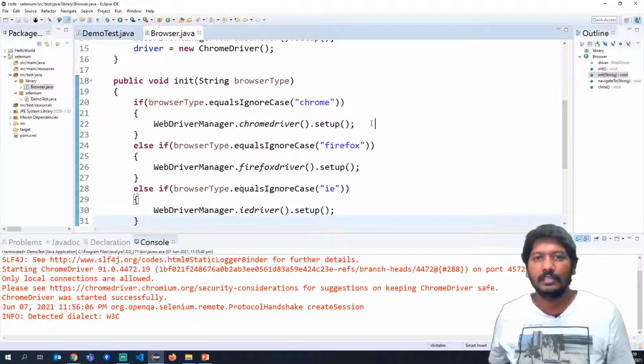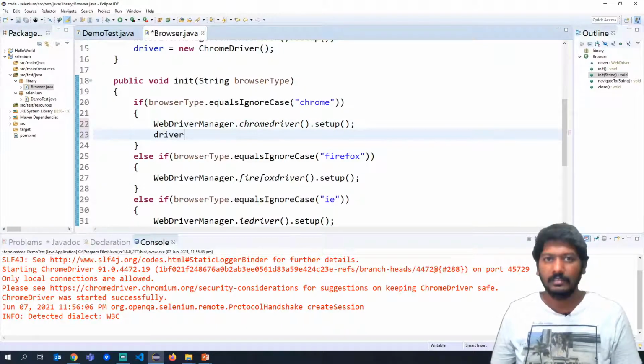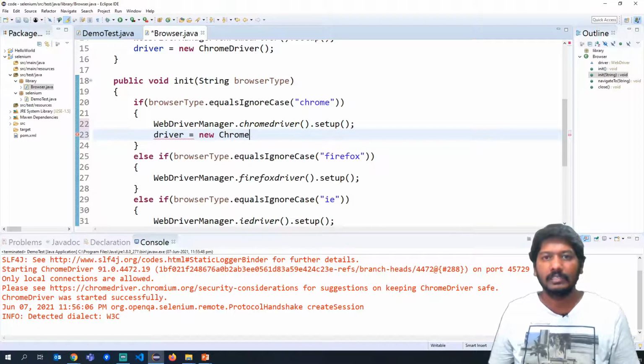And also here we have to add one more code, driver is equal to new, as this is a Chrome driver we will say Chrome driver.